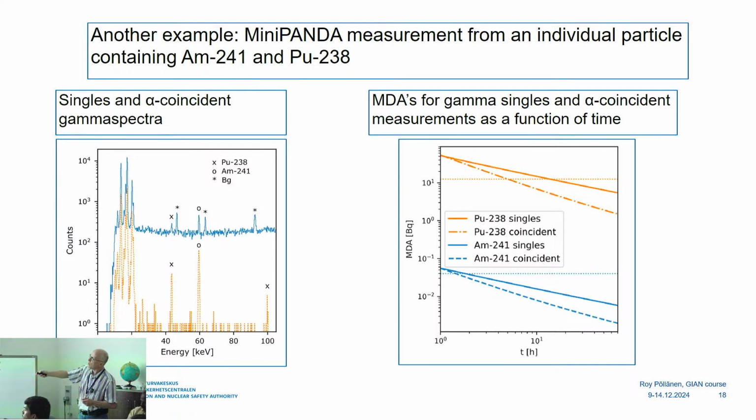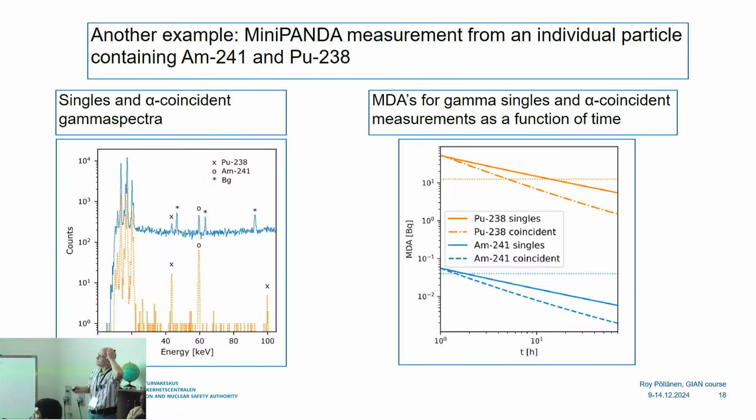And this spectrum here is the alpha coincident gamma spectrum. We clearly see, for example, these very small peaks here, or this one, which cannot be identified from the raw